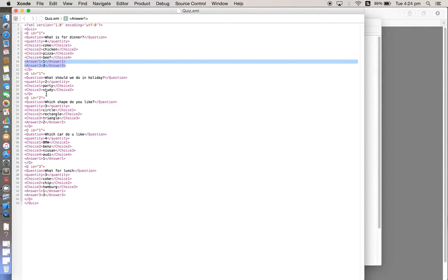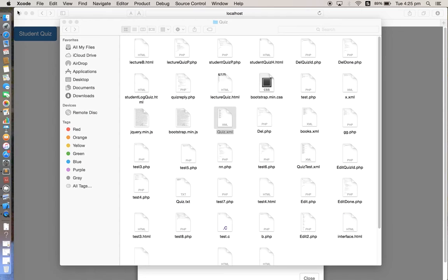We can see that all questions with different quiz IDs are all saved in one XML file. So it's easier to manage in the database. That's basically what